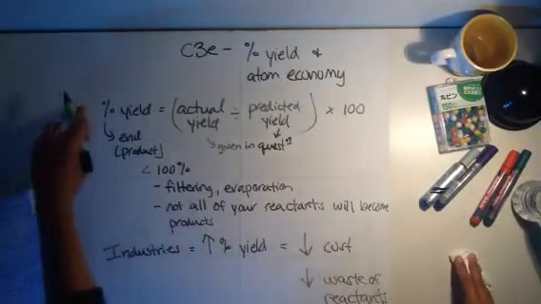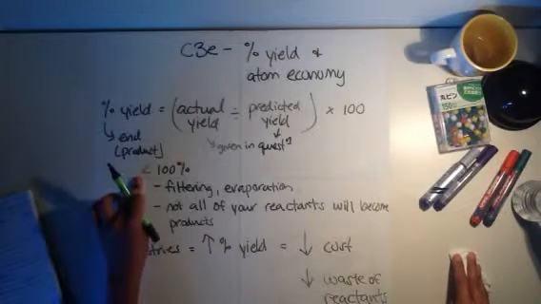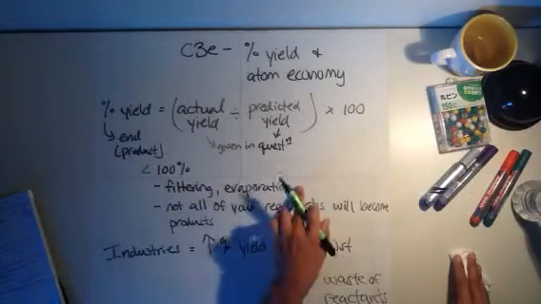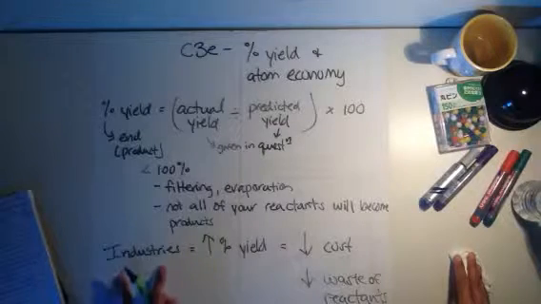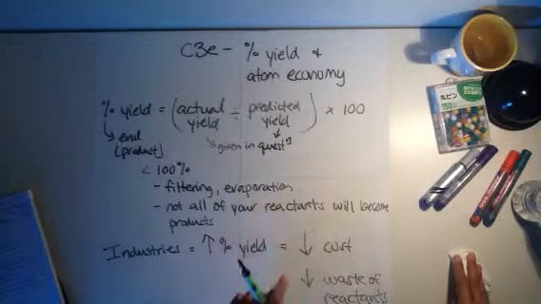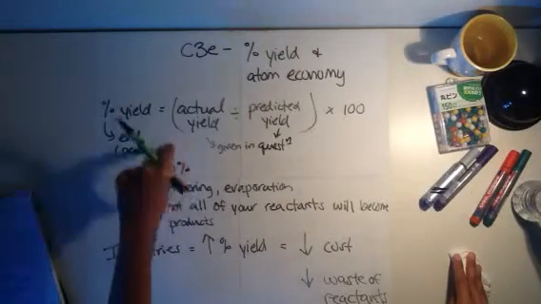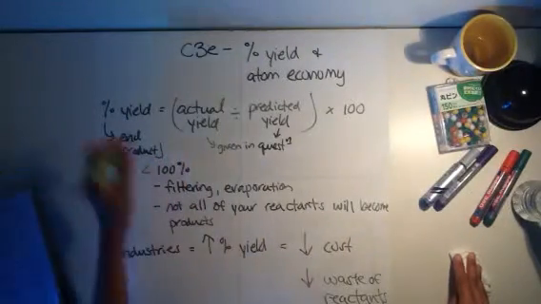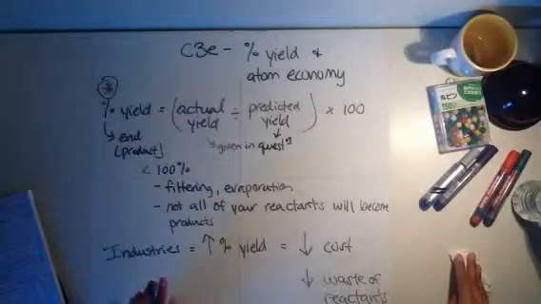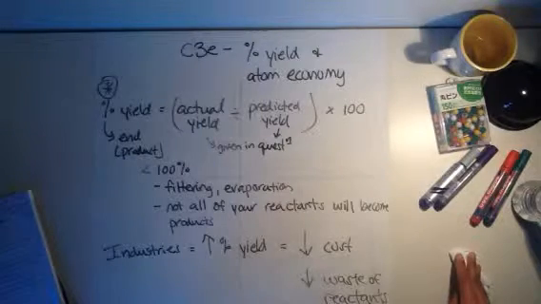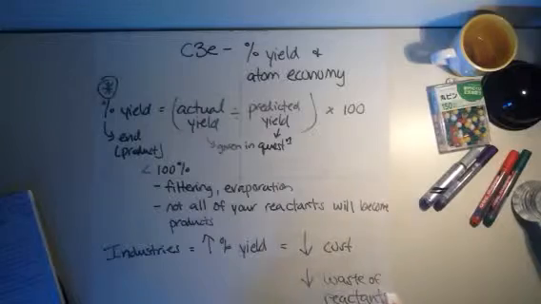Okay? So percentage yield, always looking at the end product. Most of the time it will be less than 100%, and it's lost because of filtering, evaporation. Not all of your reactants become products. And in large-scale industries, you want high percentage yield, so that it doesn't cost as much, and that way you're not wasting your reactants. And the equation is actual divided by predicted times 100. I believe this is one of the ones that will not be on your equation sheet, so you do need to make sure that you memorize that one. So that's percentage yield. Okay, I'm going to rub this out